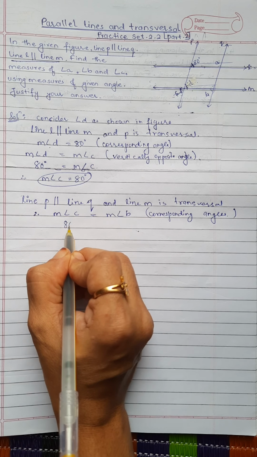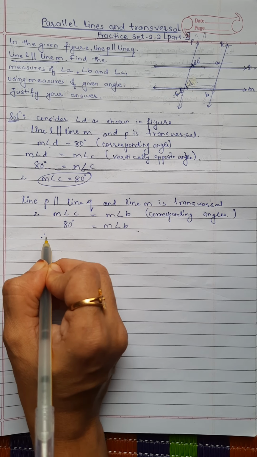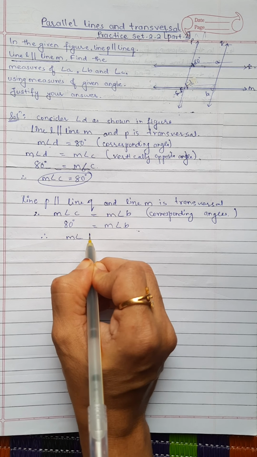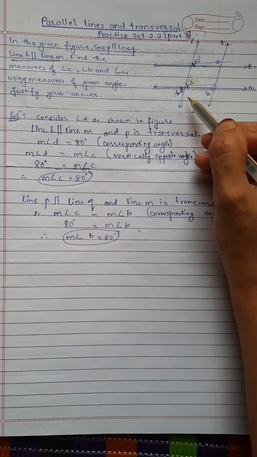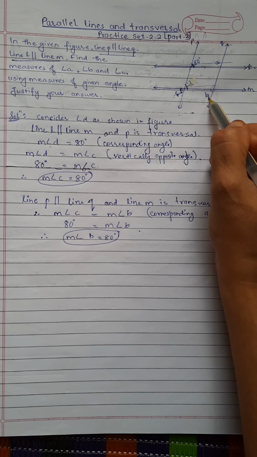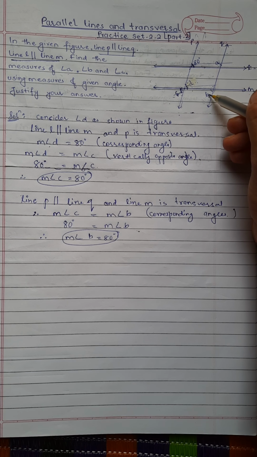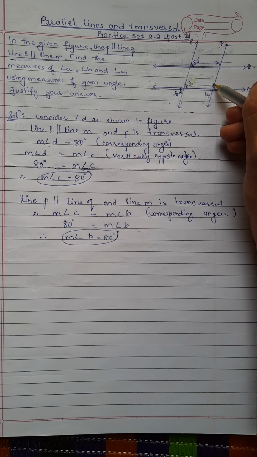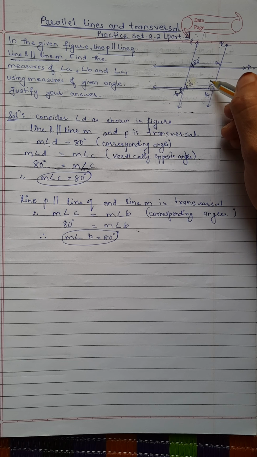Now you got the measure of angle C as 80. So write 80 degrees instead of C, that is equal to the measure of angle B. Therefore, write it properly: measure of angle B is equal to 80 degrees. You got B now. C you got, B you got. A, concentrate on A. This B forms a linear pair angle here. Name some angle here. This was D, so give it the name E. A, B, C, D, E.